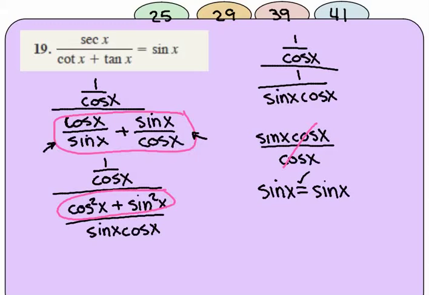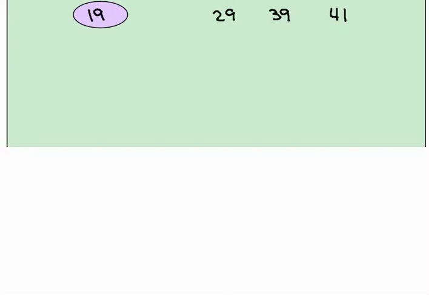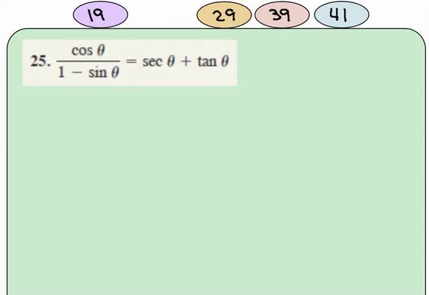Remember, one side of the equation at a time. You don't want to be moving stuff back and forth, and we only want to change one side of the equation. For 25, let's take a look at this one. This is going to show us everything's in sine and cosine to start. So to manipulate the left side, we're going to actually multiply by the conjugate. So now we're going to end up with